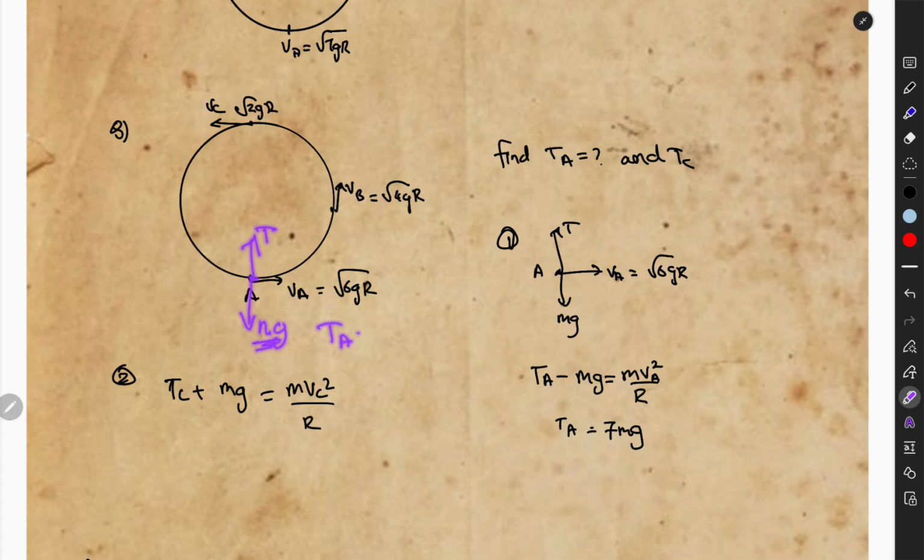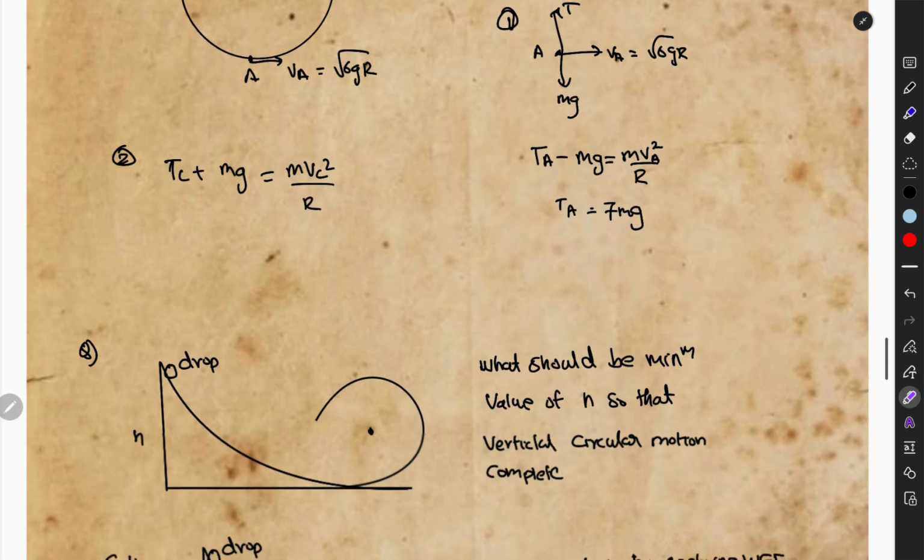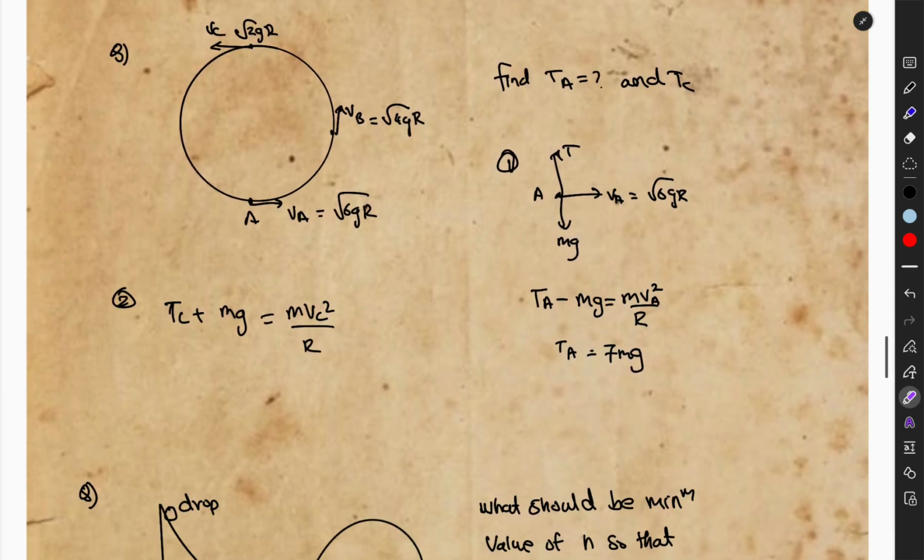So Ta minus mg will be equal to mv square by r. We know that v here, so just square it and you will get this equation. Fine, I hope you understand this. Next thing is,